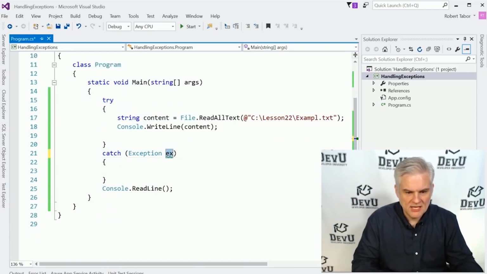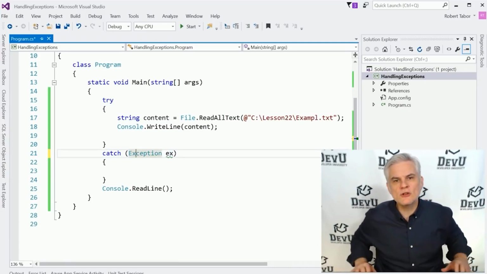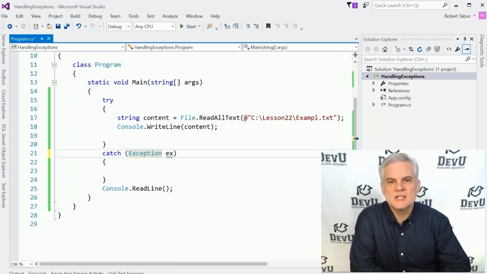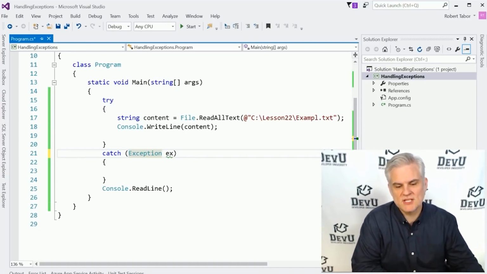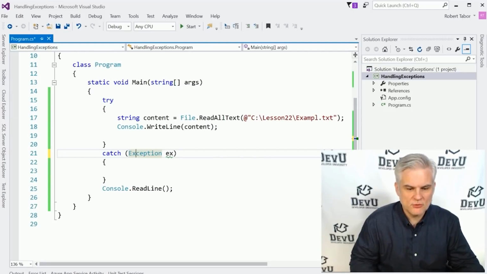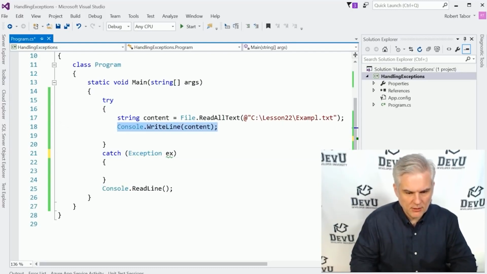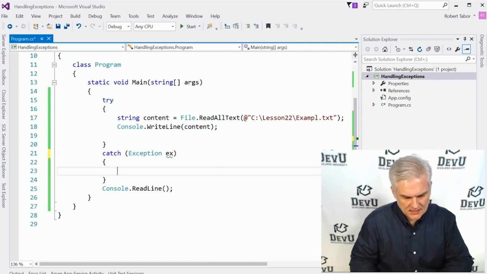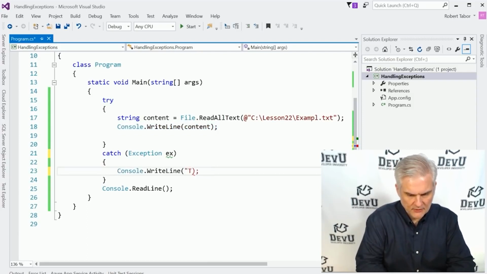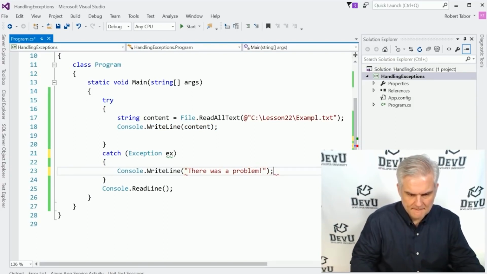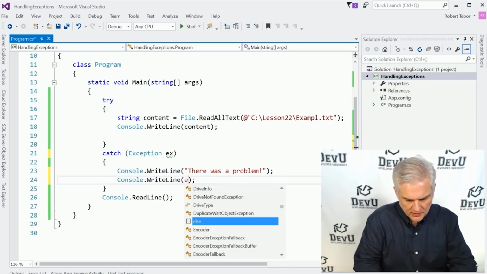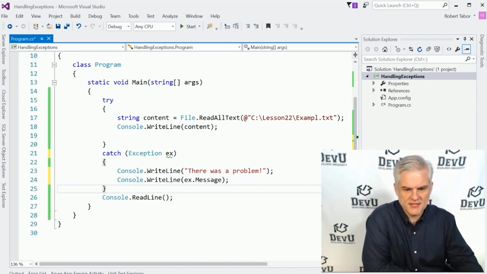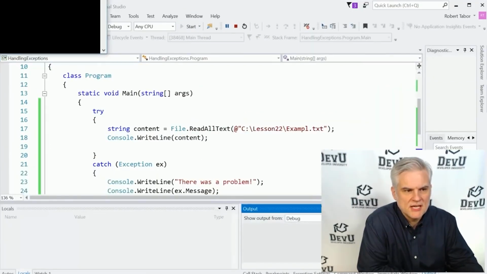type of exception that can be thrown. What we're going to look at in a few moments are very specific versions of exceptions, but this is the most general version so that at least we can see what the problem is. We might do something like, you know, there was a problem, something like that, and even provide a description of the problem, so the message from the exception. So let's run the application, and at least this time we're giving the user some feedback here. There was a problem, could not find the file